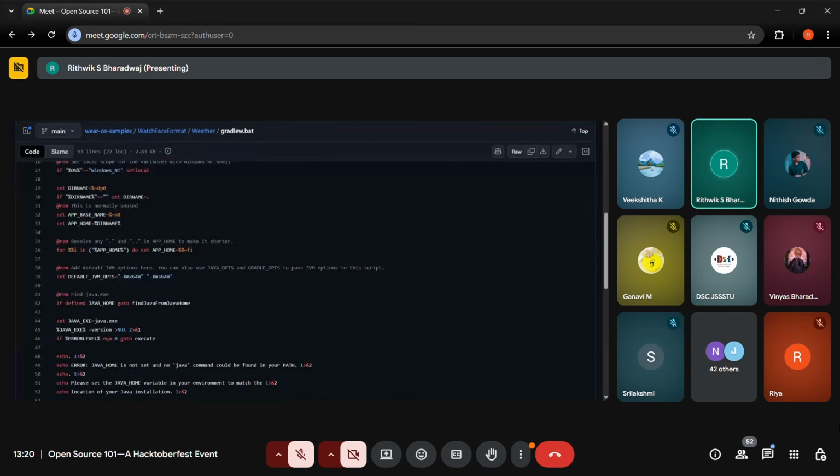So what is the prerequisite for this? You need to understand how GitHub works. You need to understand how Git works. To learn how Git works, if it is something you are interested in, you can let us know. We can do a workshop on Git and GitHub, on how to collaborate with your friends on projects and how to do open source contributions on a larger scale. That is an event that we can do as well.